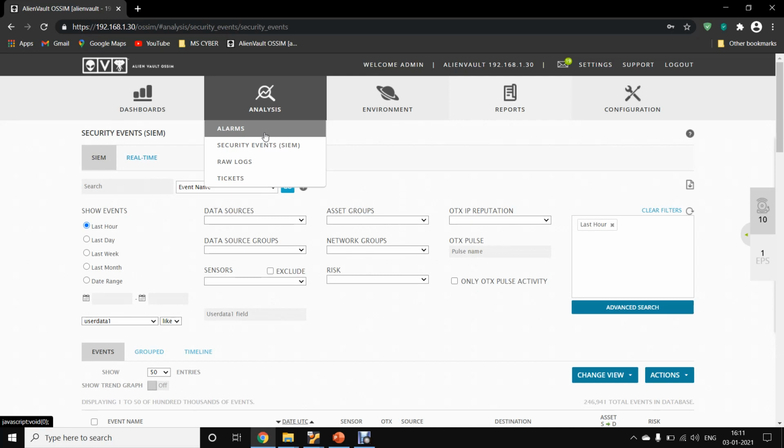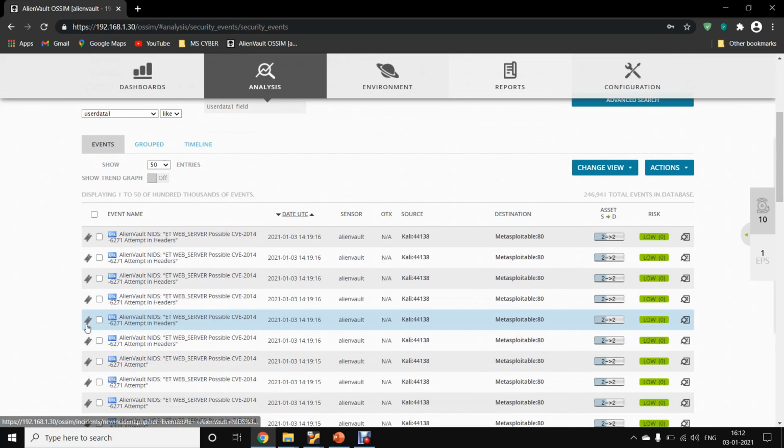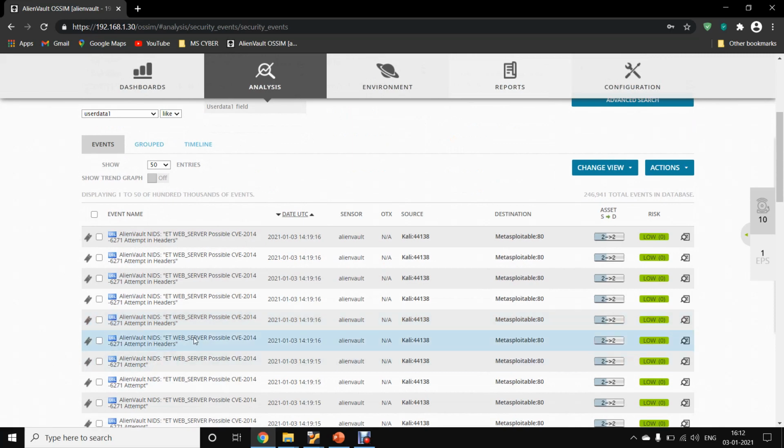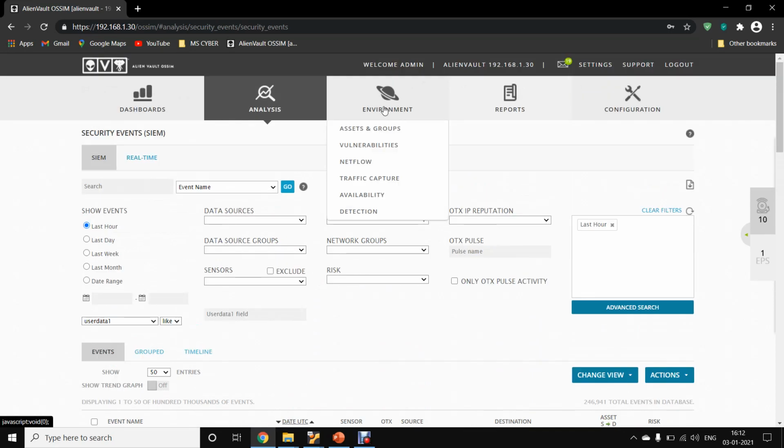Nikto can perform 6,400 different types of potentially harmful activities against the system. It can scan the system, find the vulnerabilities, verify damaged files, and also scan misconfigured services. We can mitigate these types of attacks by configuring the intrusion prevention and detection system, so it will block it on the network side only. Secondly, we have to keep the system always patched and up to date.